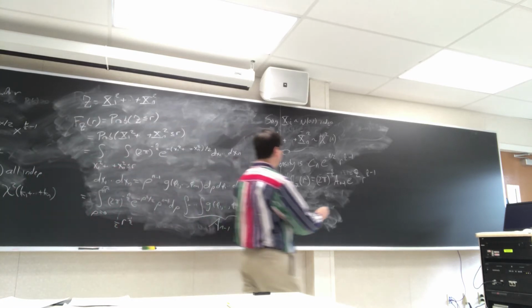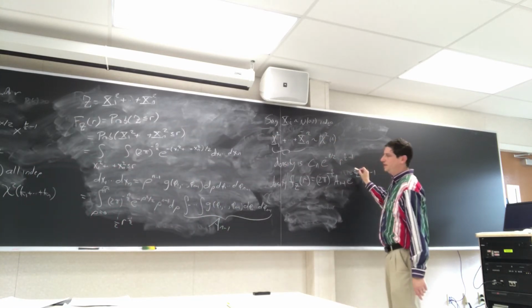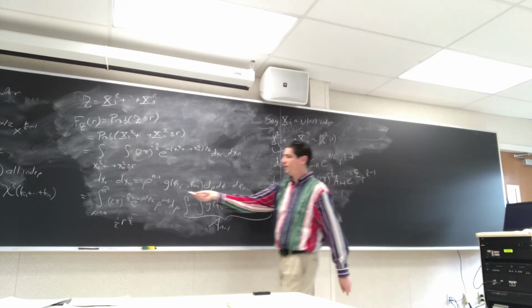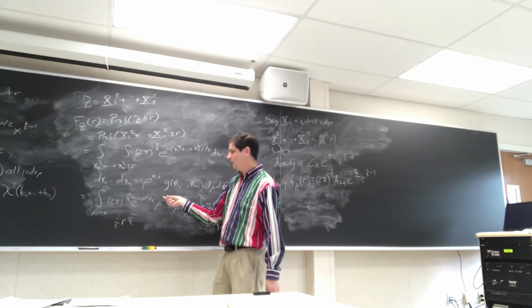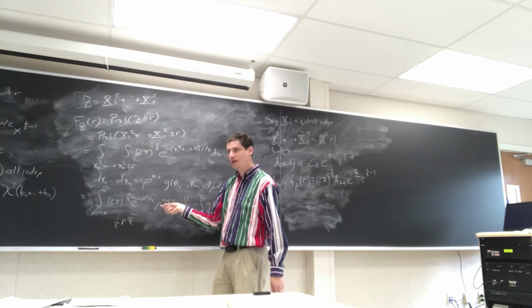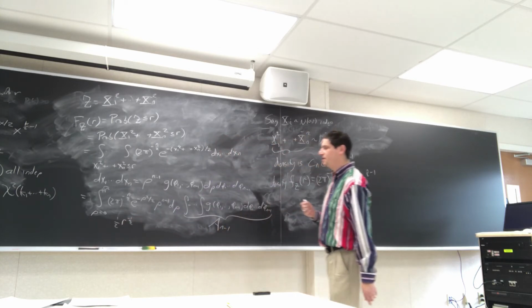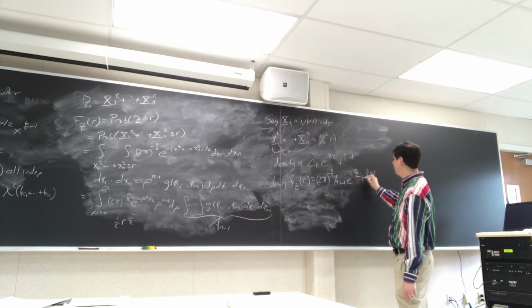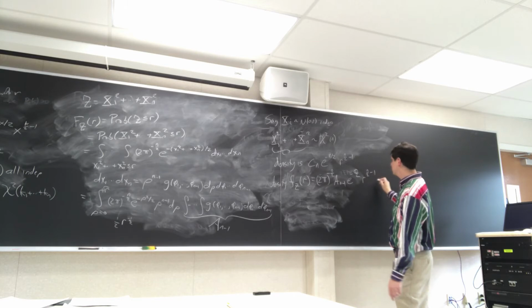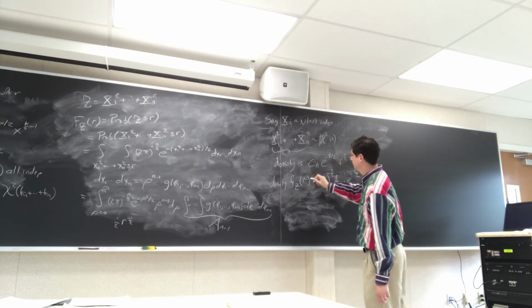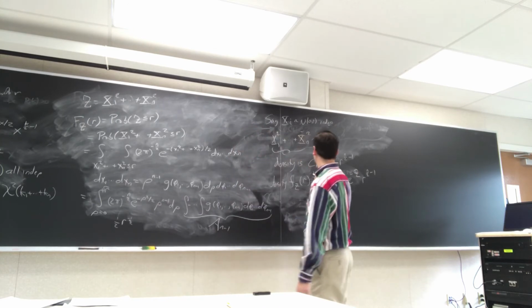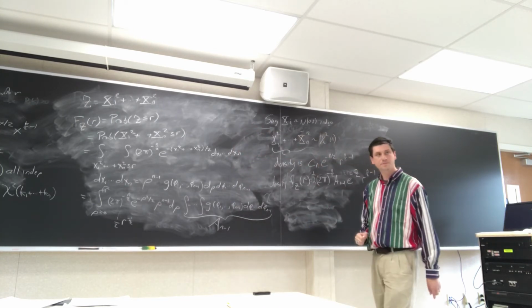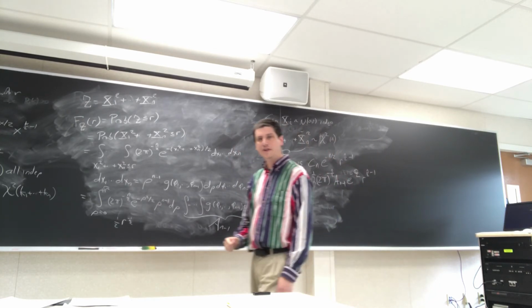And so when I put this in over here, that's why I have an r over 2, because I'm now evaluating this at the square root of r. I'll have a square root of r, so I'll have an n minus 1 over 2, but then I have to multiply by the 1/2 r to the minus 1/2, and that will give me an r to the n minus 1 over 2, and I get this extra factor of 2. Or maybe it's 1/2 coming from that. Okay? And so now that I have this,